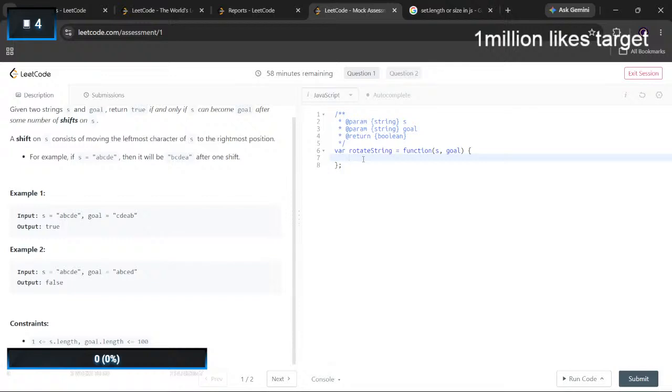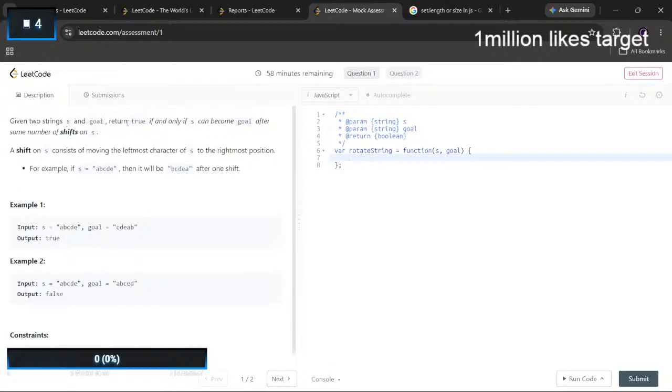I think I have done this question, but I can't remember the method. I had to rotate my string. A shift on s consists of moving the leftmost character to the rightmost position. Oh, I see.